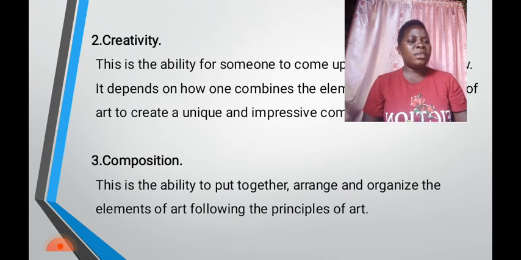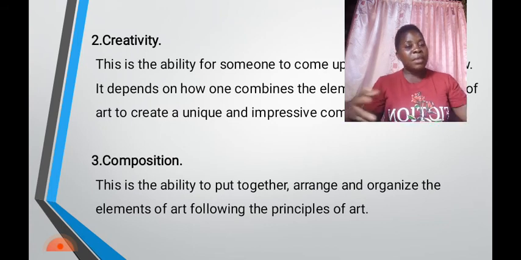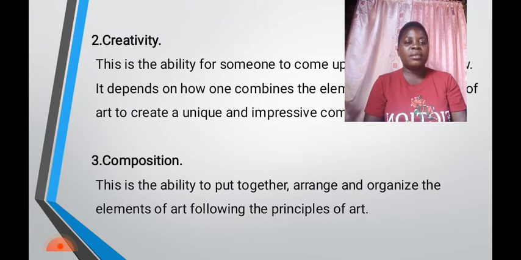composition. What is composition in art? Yeah, it is the ability to put together, arrange, and organize elements of art following the principles of art. Composition is like coming up with something: you arrange them, you organize them, then you come up with something. You remember you are following principles and elements. So when you look at the way we set for you